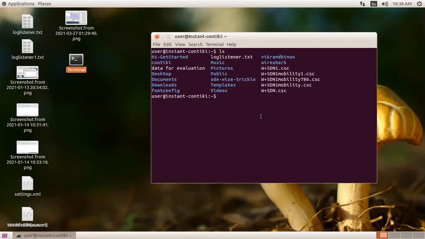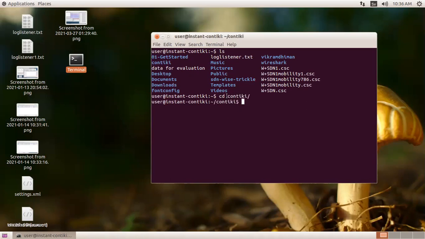So you can see over here that we have different commands, and first of all, we have to find the folder where we have to perform that task, right? So over here you will see this folder that is known as Contiki, right? So we just move inside this folder, Contiki.